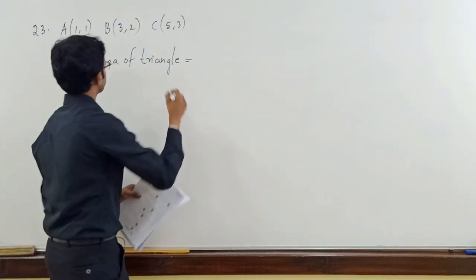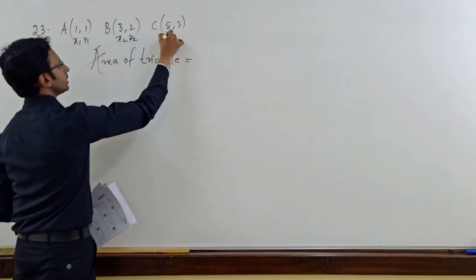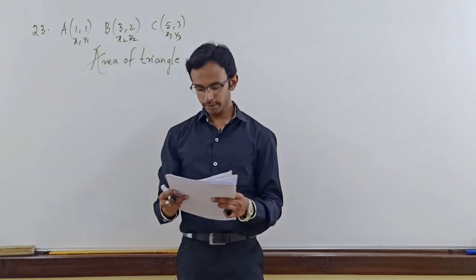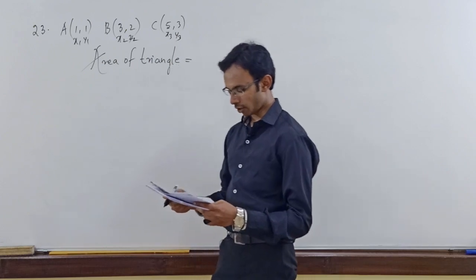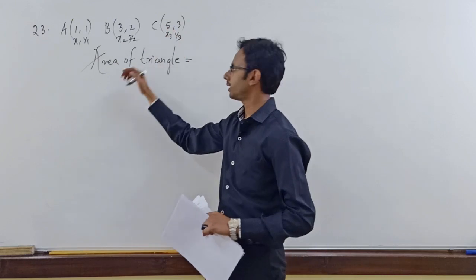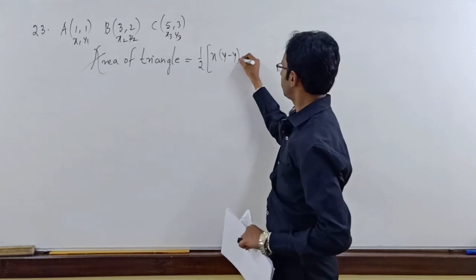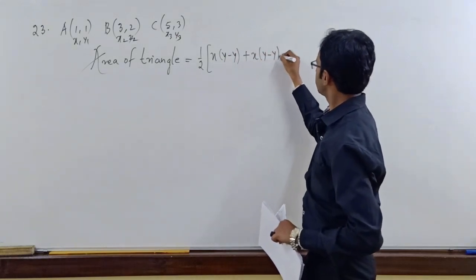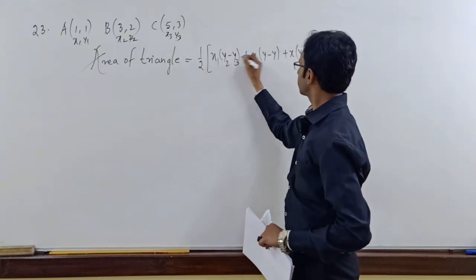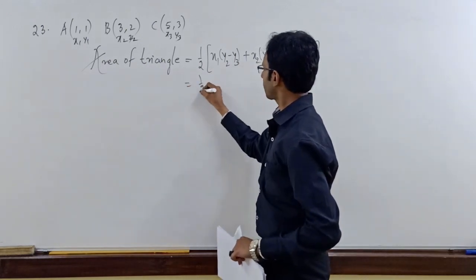Let us see that here A is x1 y1, B is x2 y2 and C is x3 y3. If it has to be vertices, there should be some area. If it cannot be the vertices, then the area will be 0. So it's like showing that these 3 points are collinear or non-collinear. Area of a triangle formula, we all know: half into, and I told you to remember the formula in this way. First write down this, and then numbering 1 2 3, 2 3 1 and 3 1 2. Substitute the values. Half into